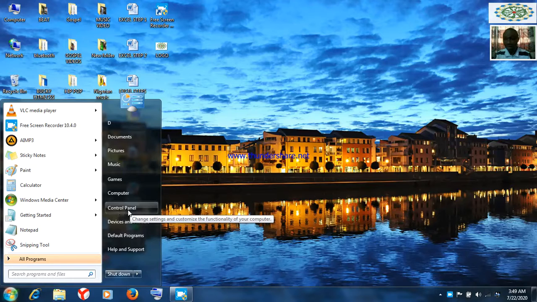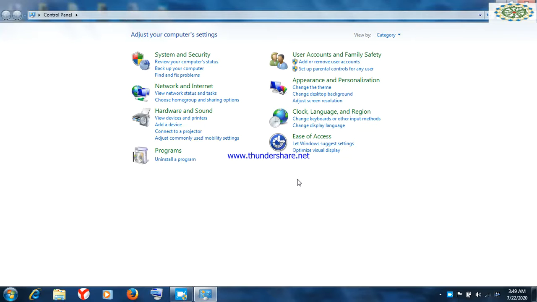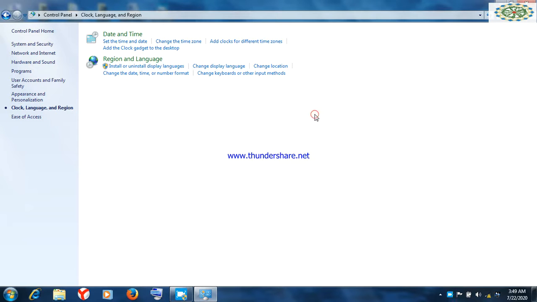This is the control panel, right? When you click on the control panel, you see all sorts of adjustments, under "Adjust your computer settings". We have system, network, and so on and so forth, but our main focus here is on the clock, language, and region. So we click on clock, language, and region.